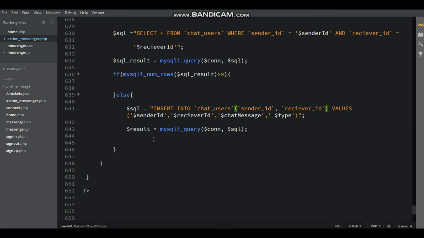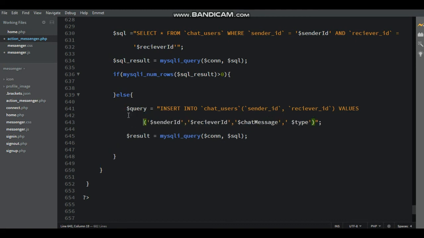Here that is change it: insert into chat users sender ID, receiver ID values sender ID, receiver ID, and also $query, and then remove the chat messages and then type, and then just copy the query.